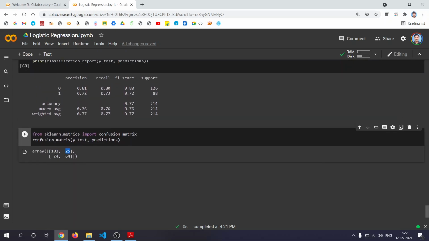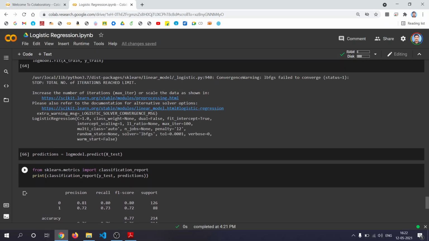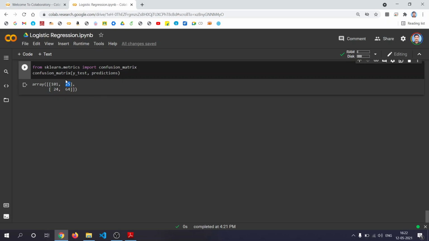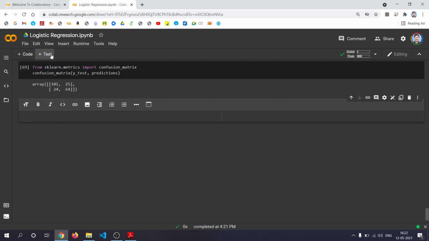From this itself you can identify these values, precision, recall, etc. So that's about a simple implementation of logistic regression using the Titanic dataset. Now let's see the implementation using Iris dataset.